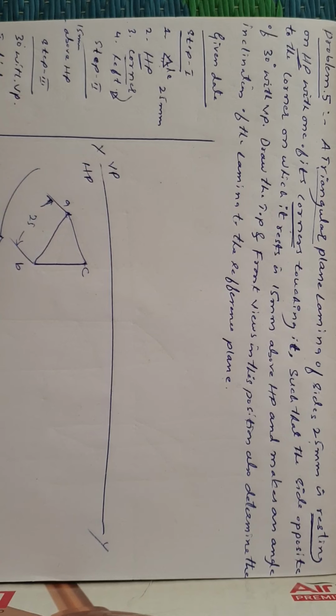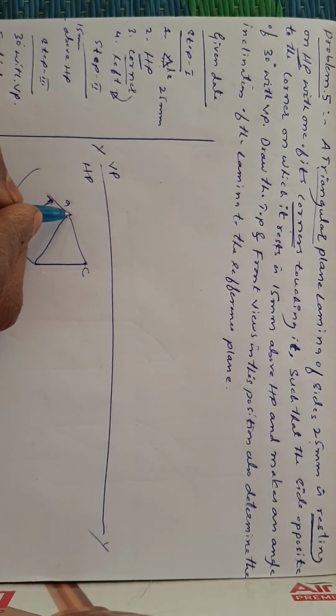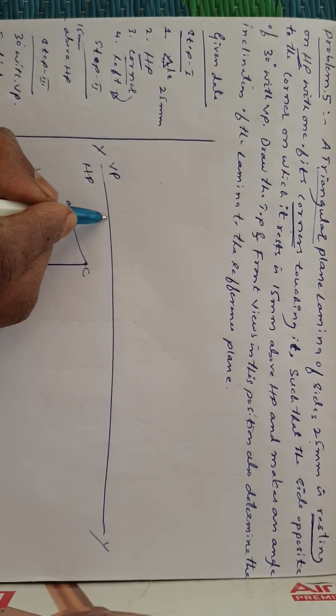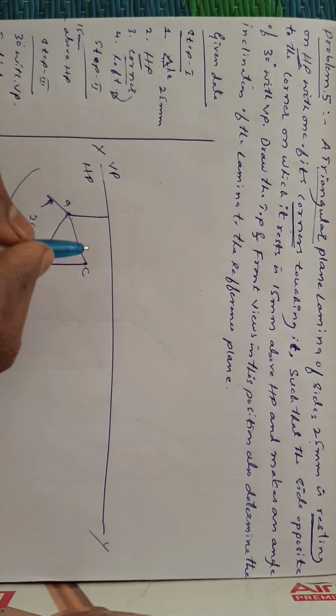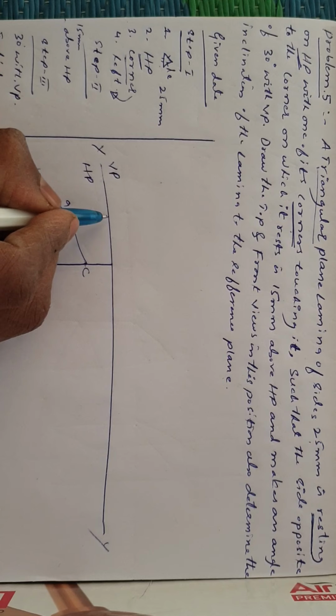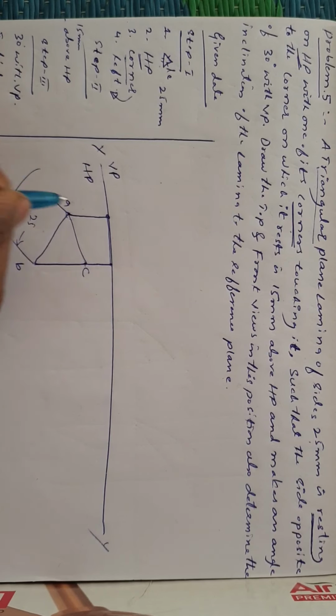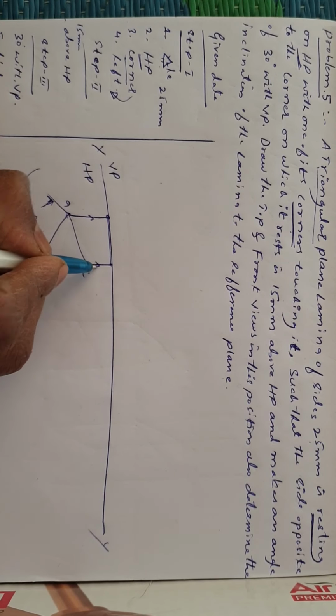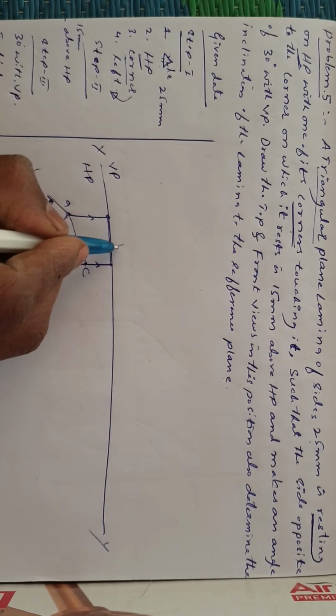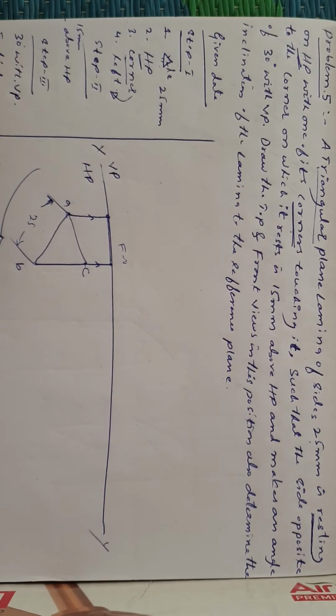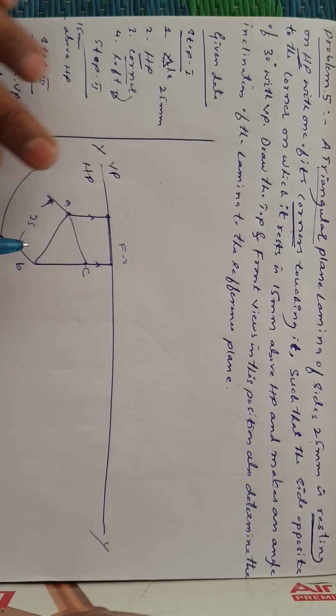Now this is the true length top view. Now you need to take all the projectors from each corner in the upward direction, from A, from B, C, both lying in the same line. Take B and join the front view; it always falls on the XY line because it is resting on HP. Draw the front view and show the arrow mark on both projectors. This is the projection of the front view. Now, looking from this side, we need to transfer the names to the front view.